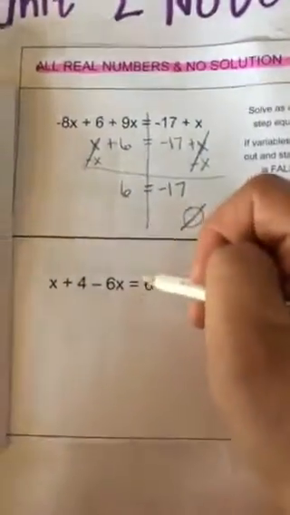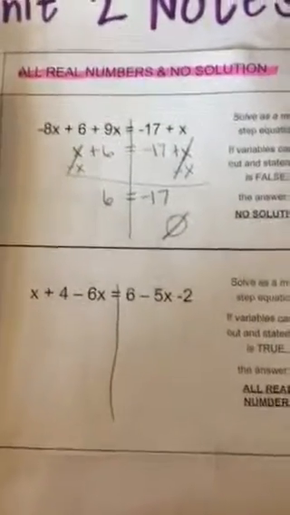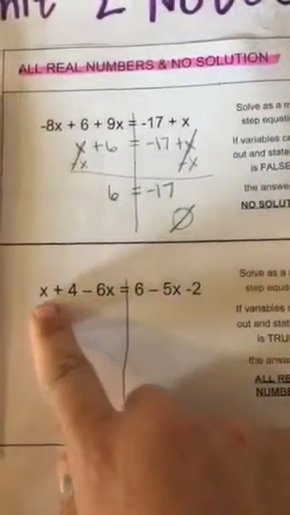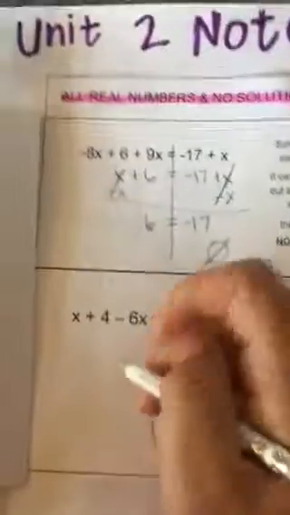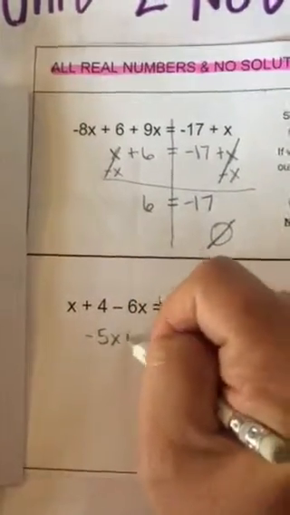And the next one we're going to look at is all real numbers. So you still need your weight bar. I'm going to follow my steps. There's nothing to distribute. Combine like terms. On this side I have an x and a negative 6x. Those are like terms, so that would combine to negative 5x. I bring down the 4